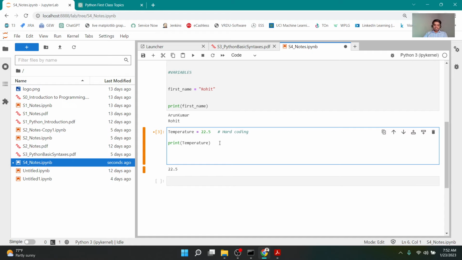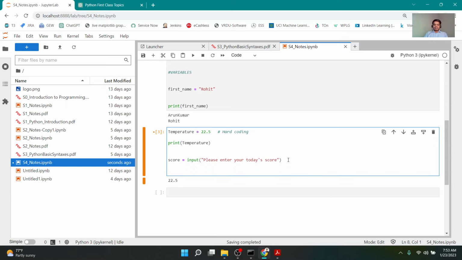For example, if I say score equal to 25, that means obviously 25 will be scored. But if I write input, what is input? It's a built-in functionality which is readily available to you. You should just write input followed by parentheses, and within this, you write some message like please enter your today's score,